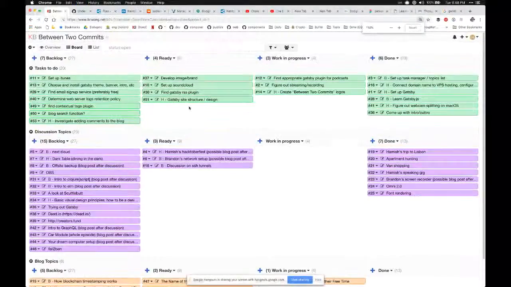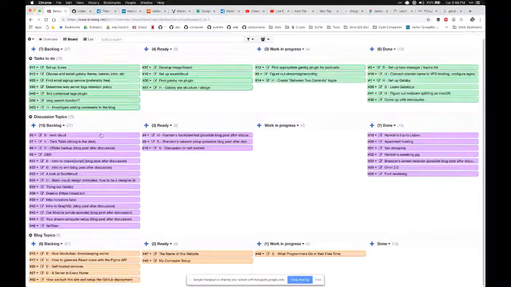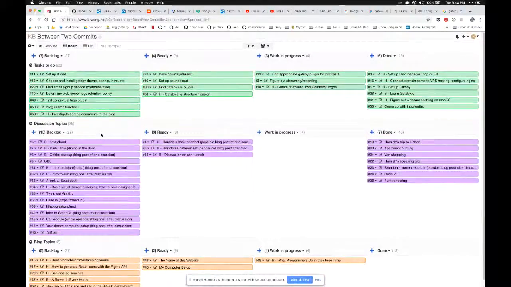Yeah. And for example, for the blog, the podcast, whenever we move things into the done column, we could potentially drag it from there into the backlog of the blog topics swim lane. Oh, yeah, right. So that once we'd finished discussing it, then we move it to the blog and then we do a write-up, you know? So, yeah. Anyways, I thought that was pretty cool. I like this. I'm glad you got all these things in here too. This is awesome.